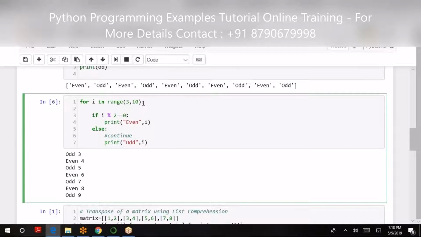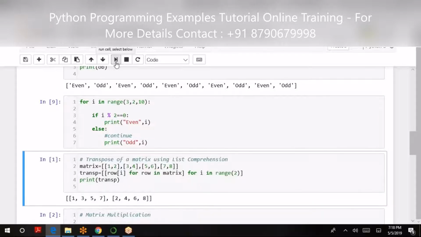So range doesn't mean that range can only accept a single value. You can have the values between, like an upper and lower limit. Let me try this one also.